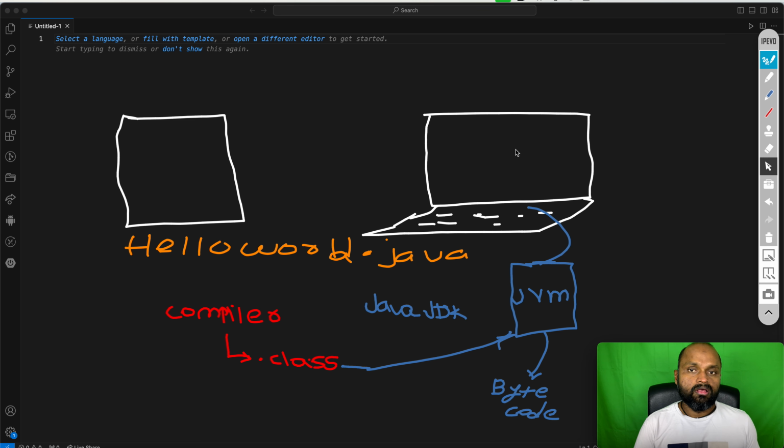It doesn't have any software that could understand this file with this extension. So first what we need to do is install Java software onto this machine, so that when you write any Java code, it can understand. For that we install Java JDK.